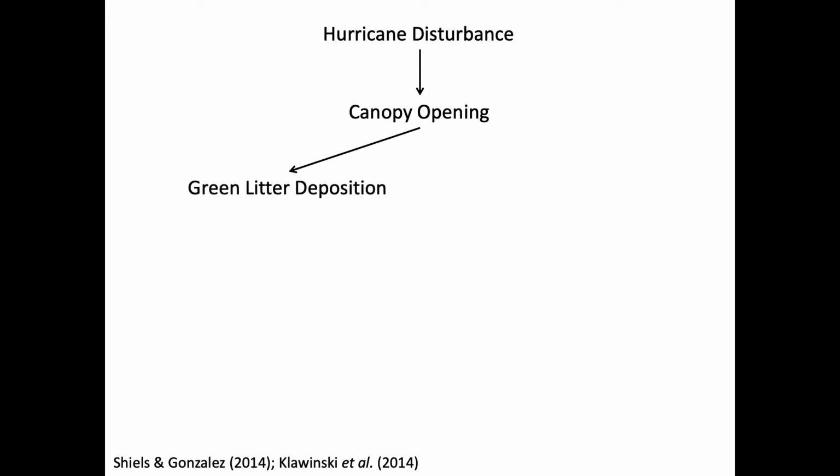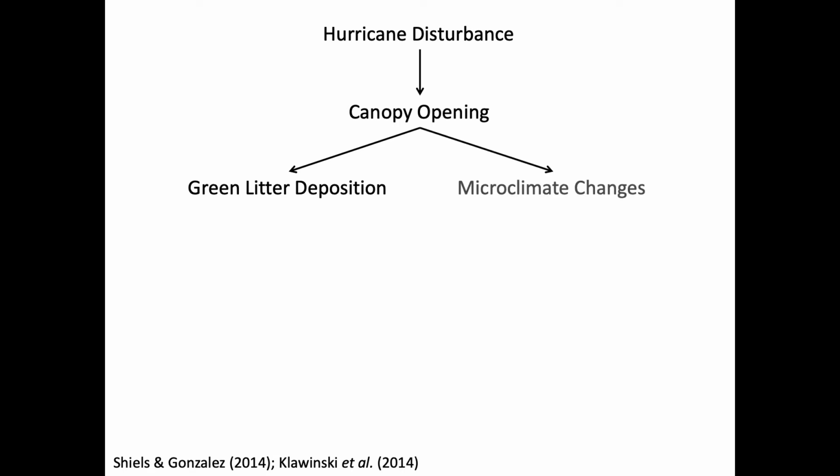You get a lot of this green litter, and when I refer to green litter, it's litter that has not been senesced. When our trees here in Missouri lose their leaves in the fall, they pull back nutrients and energy from those leaves before they let those leaves fall to the ground. Tropical trees do the same thing, and so when a hurricane comes along, the trees didn't know a hurricane was coming along, and so they didn't know to do this, and so all of the leaves that fall to the ground during a hurricane have all those nutrients and energy in them.